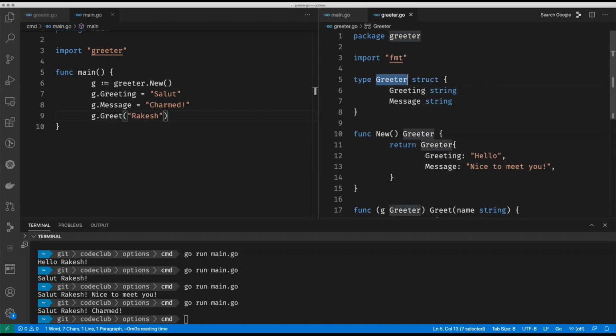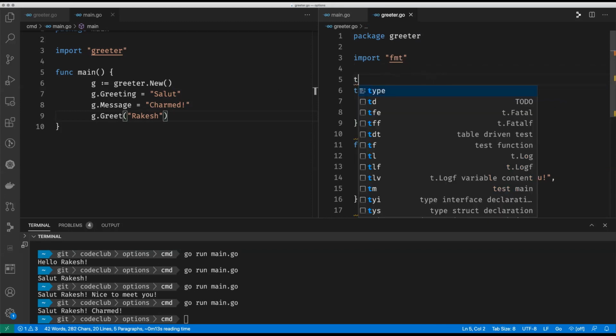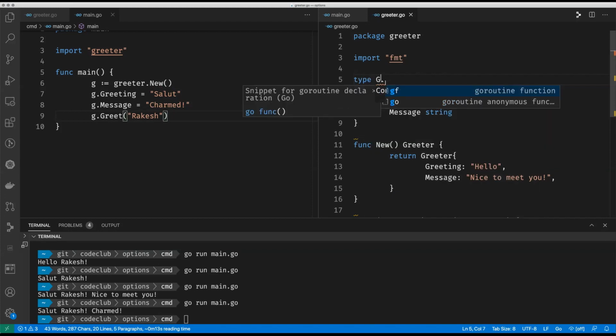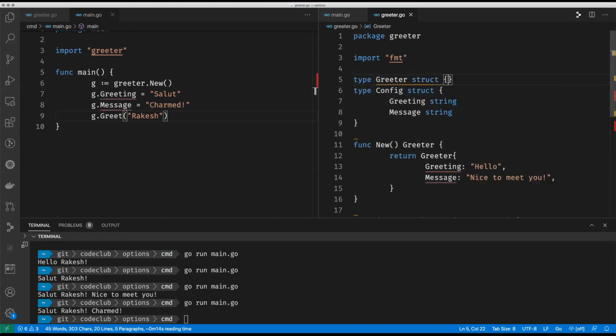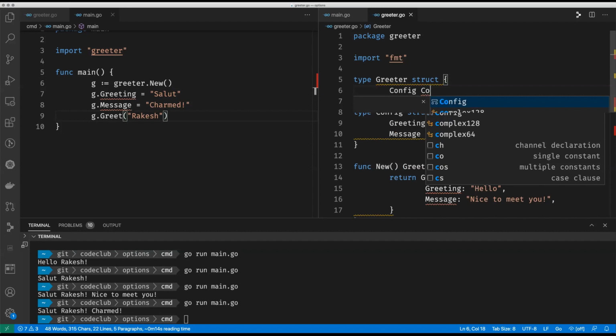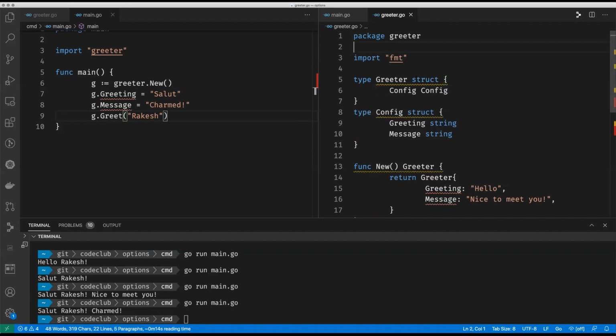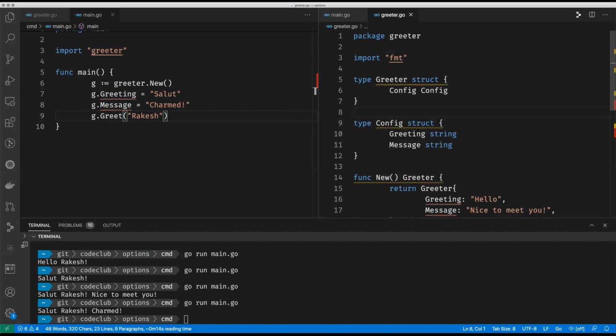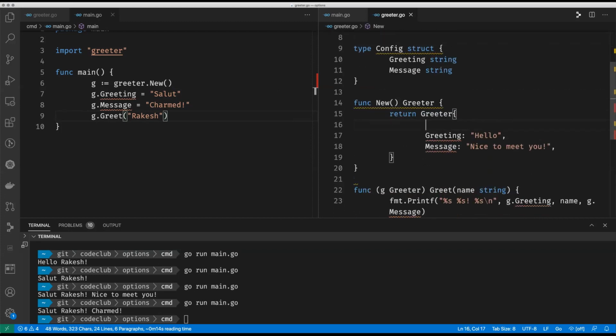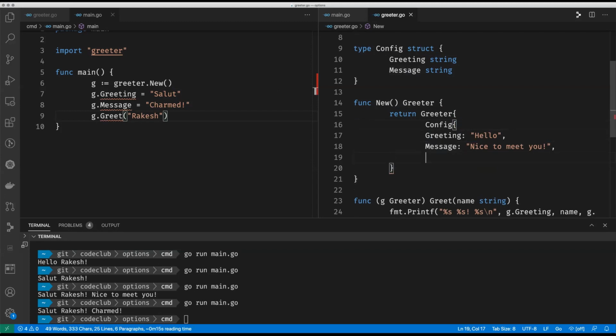Suppose instead of having individual fields for all our different options, we'll just have one field called config, and it's this config type, so that's another struct, so structs within structs. And now that's relatively straightforward. You can just do that,